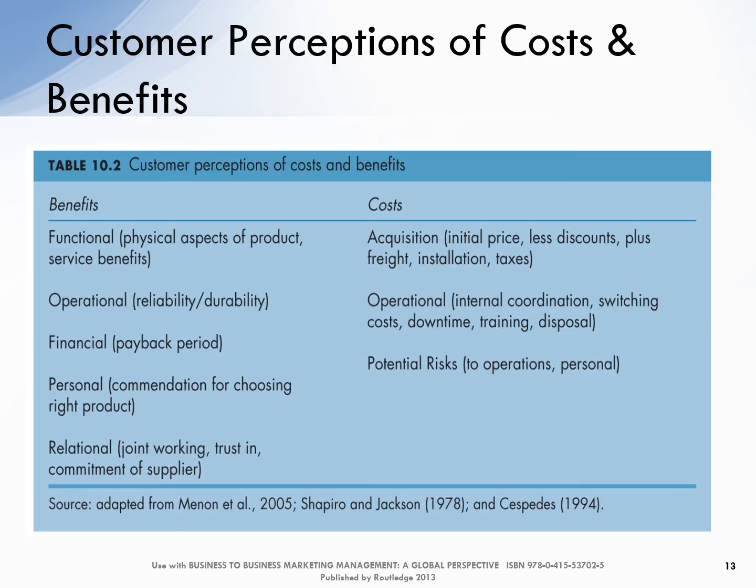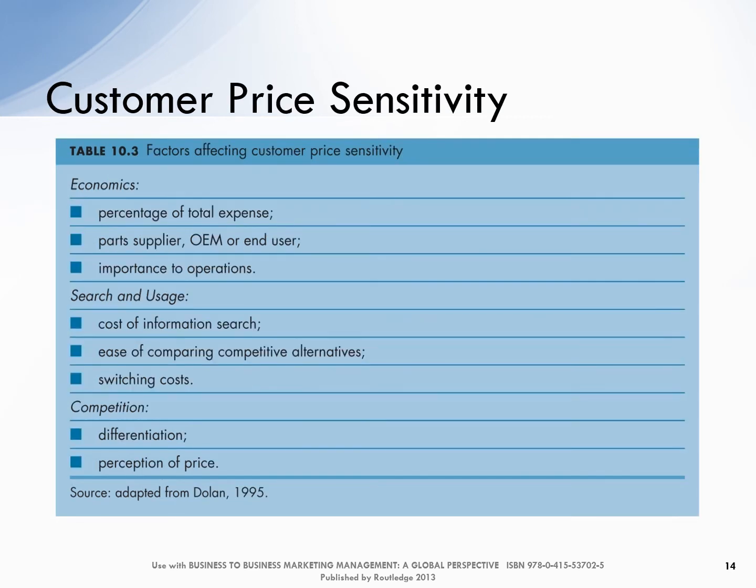So customer perception of cost and benefits is dependent upon, when we look into the benefits, definitely benefits can be functional, and then benefits can be operational, and then benefits can be personal and relational. And then the firm has to look into the cost: acquisition cost, operational cost, and potential risk. Let's look into it. So customer price sensitivity